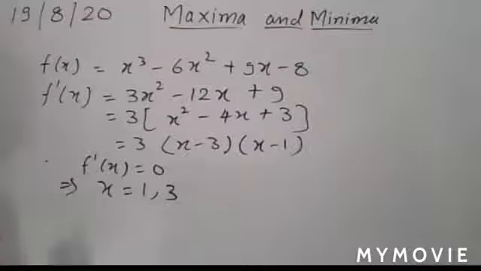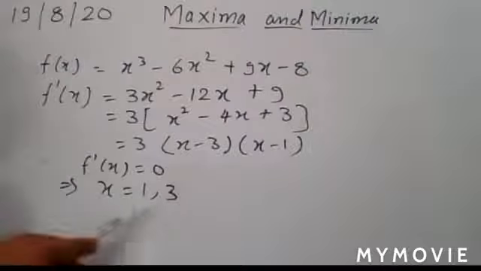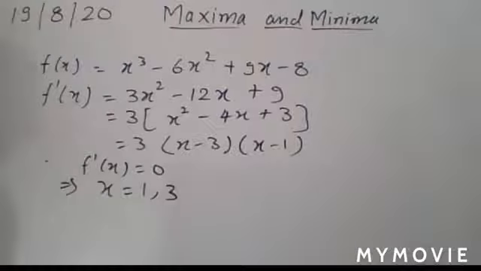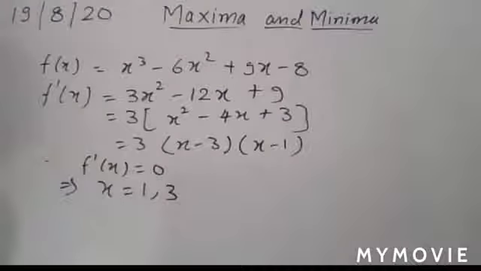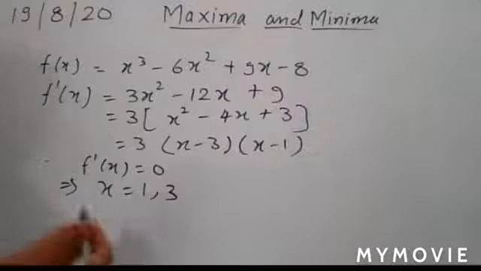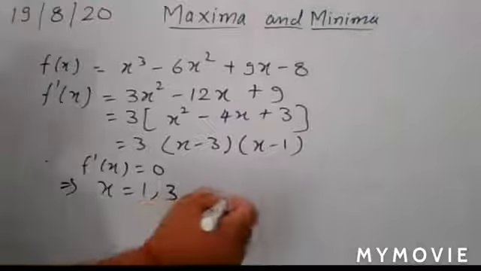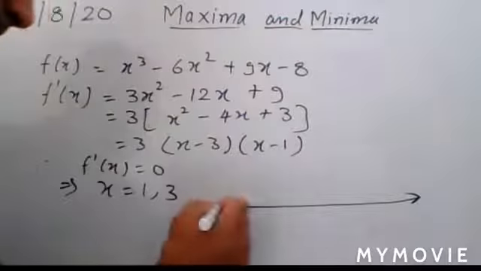First, you check the sign of the derivative slightly less than 3 and then slightly greater than 3. If the sign of the derivative changes from positive to negative, then you can say that x is a point of local maximum. And if the sign of the derivative changes from negative to positive, then that is a point of local minima. So after getting the values of x, draw a number line.